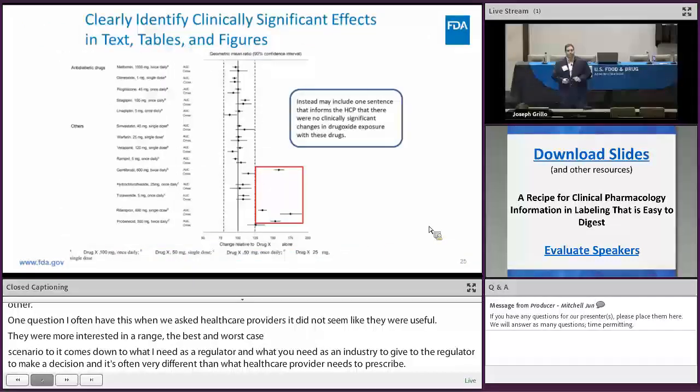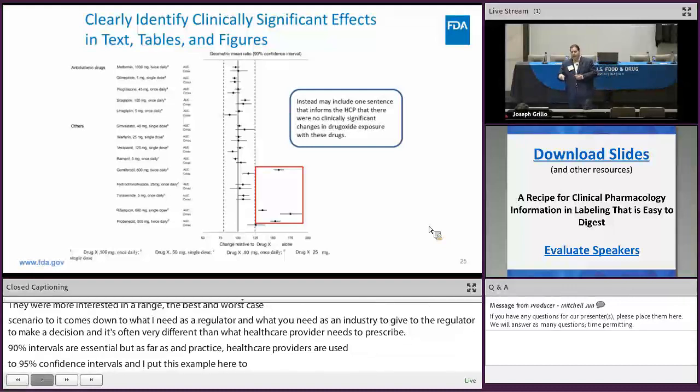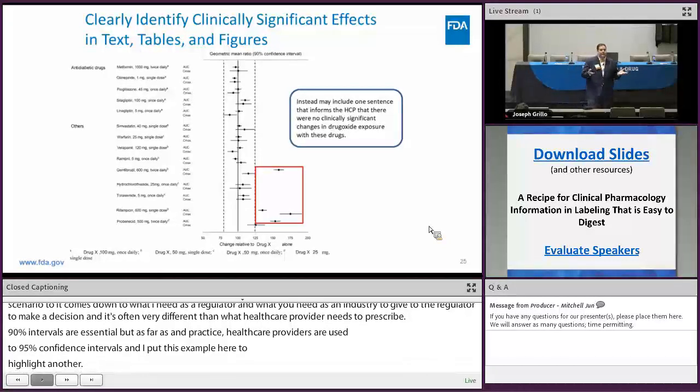I put this example in here to highlight another important issue. So this actually came out of a label. If you look at this figure here, you would think that the items in the red box are clinically significant drug interactions, but actually none of these are. And the reason I put this there is to highlight the point that if you use this